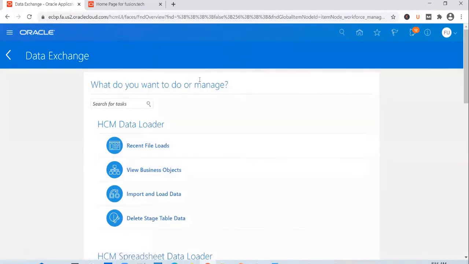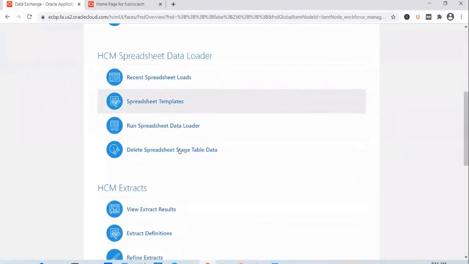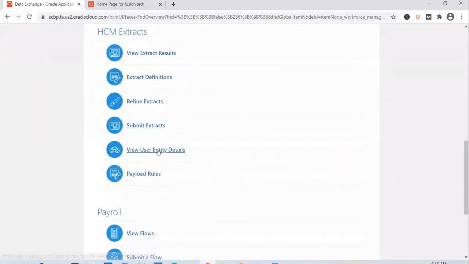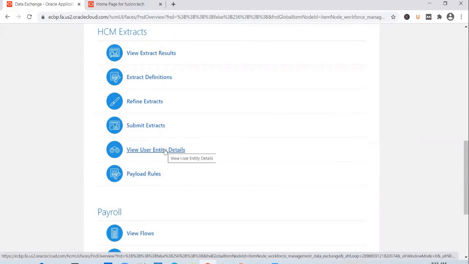The purpose of fast formula: in a fast formula you cannot write queries, because Oracle has already written the queries for you and they are available as user entities. Why did we write the fast formula yesterday for tax rate? Because the tax rate is not available as a column in the user entity.